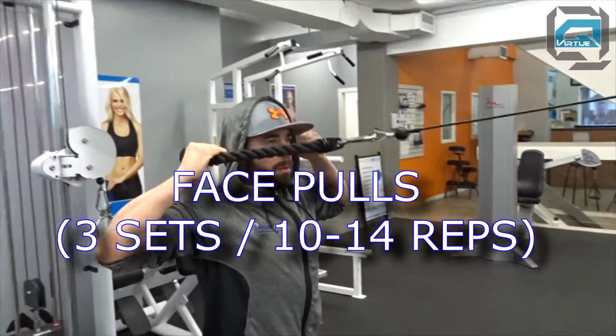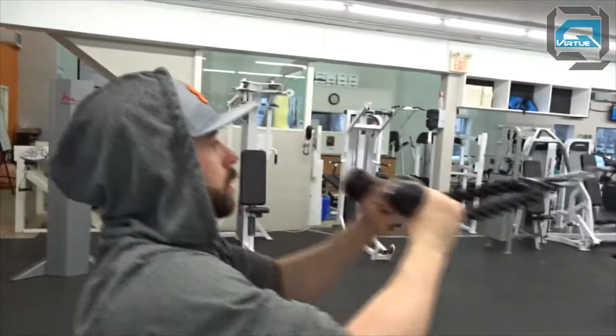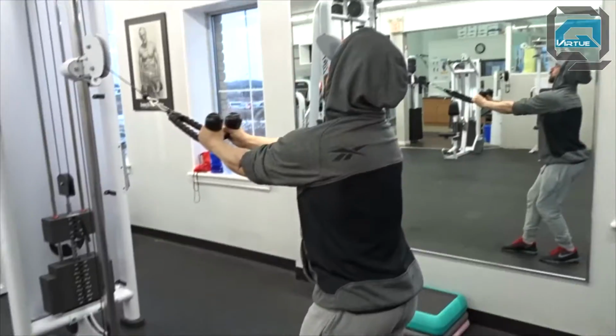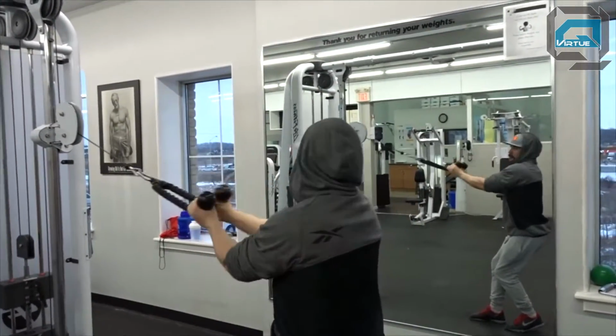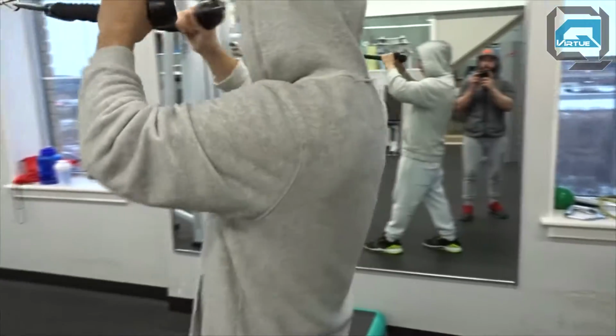I know I haven't added this into the shoulder routine at all before, but this really works out your rear deltoid. As you can see, in the beginning of the move, I took the weight off the weight stack. That's why you can see me taking a step back with one arm pulling the weight, and then really pulling it into my face, making a sort of bicep flex pose,